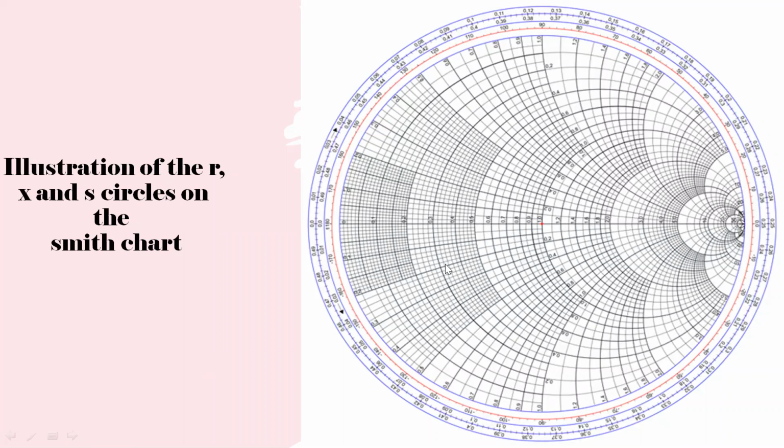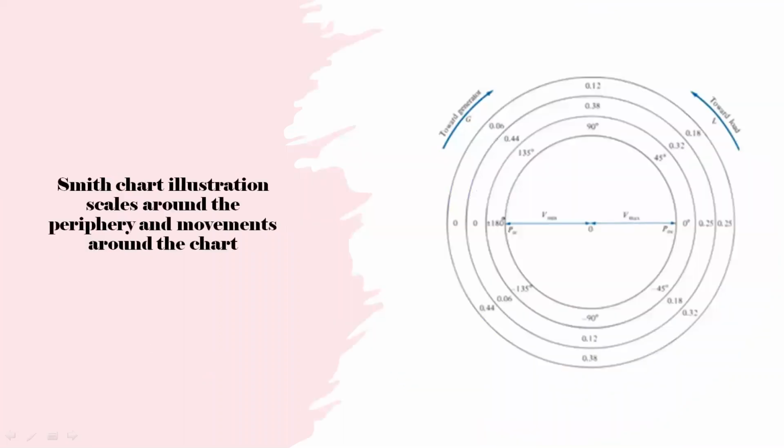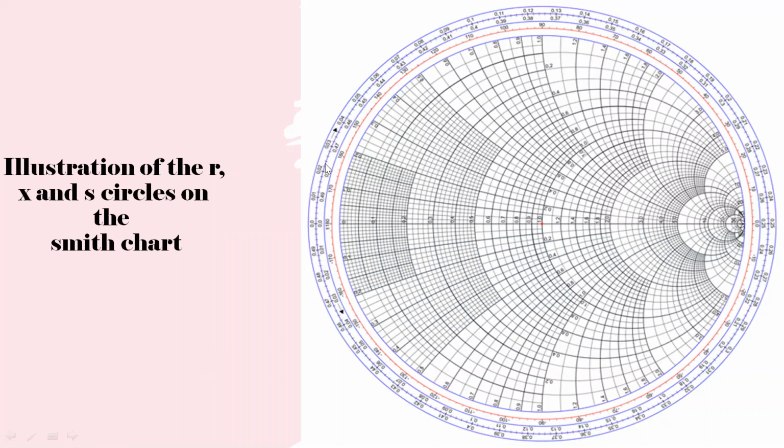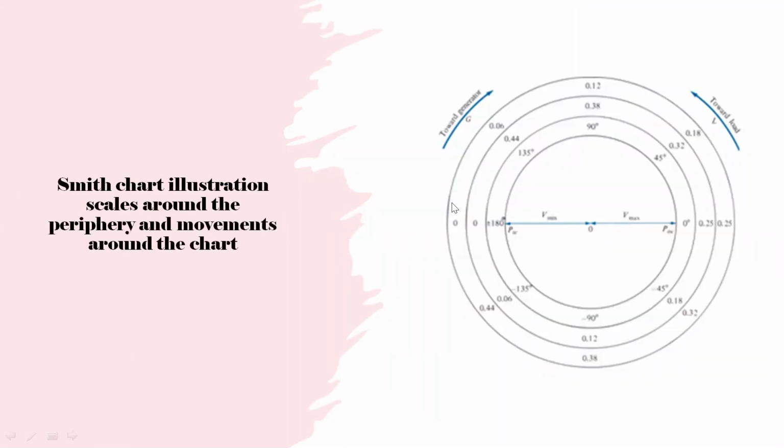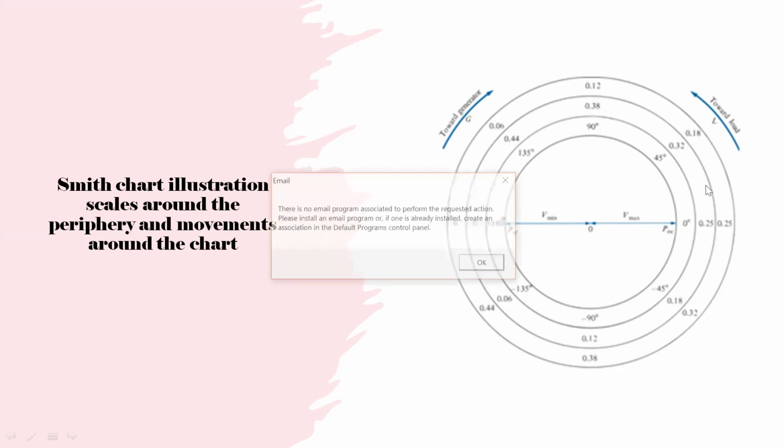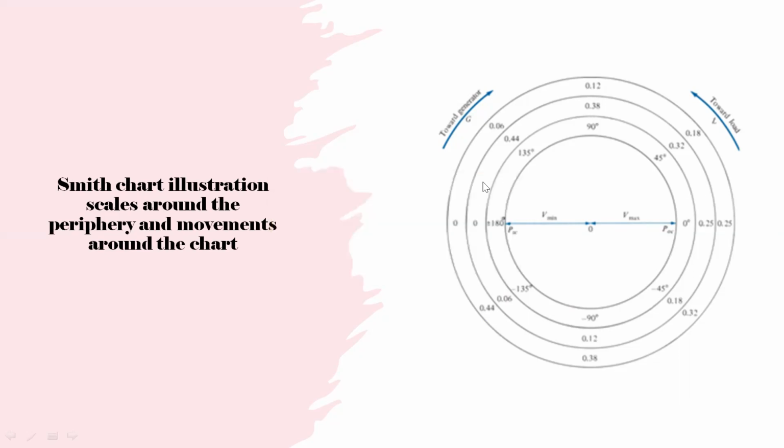Next, the outer periphery is this one. Just look here: there are 3 circles. The red one is almost equal to your protractor, with plus or minus 180 degrees in 2 different directions, clockwise and anti-clockwise. On top of the outer periphery of the protractor there are 2 circles, one towards the load and one towards the generator. Moving clockwise from 0 is towards the generator, and towards the load is anti-clockwise.